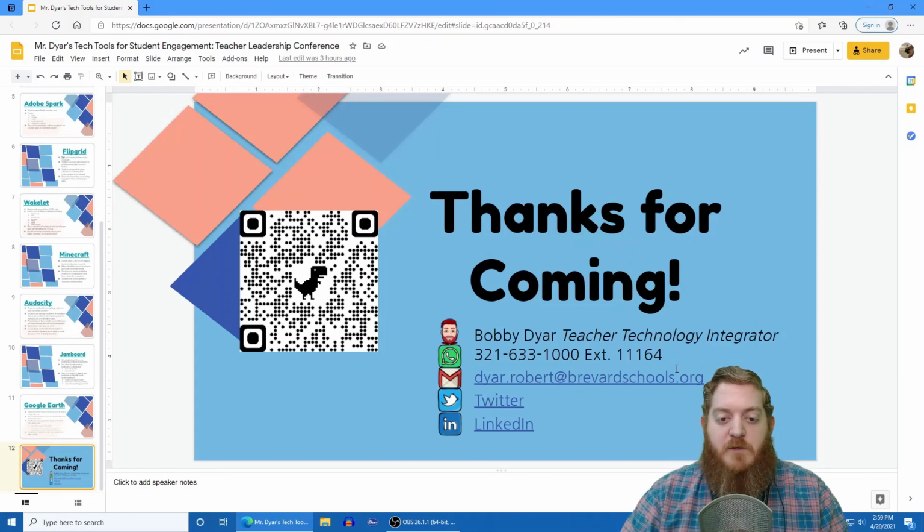All these tools I absolutely love. I promise you I've used them in the past. They work for all grade levels. I've taught from kindergarten and been a literacy coach all the way up to high school. These tools are amazing. They will help you save time. They will help your students find engagement and enjoy learning.